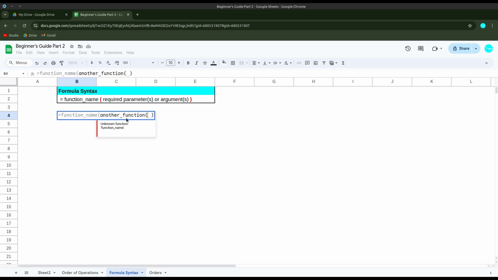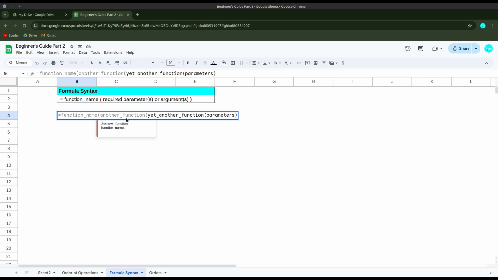So we type the parameters for the second function, etc., and close the parentheses. Or sometimes we have another function inside this second function, so we might have yet another function, and that one also has to continue with an opening parentheses. So let's write parameters here